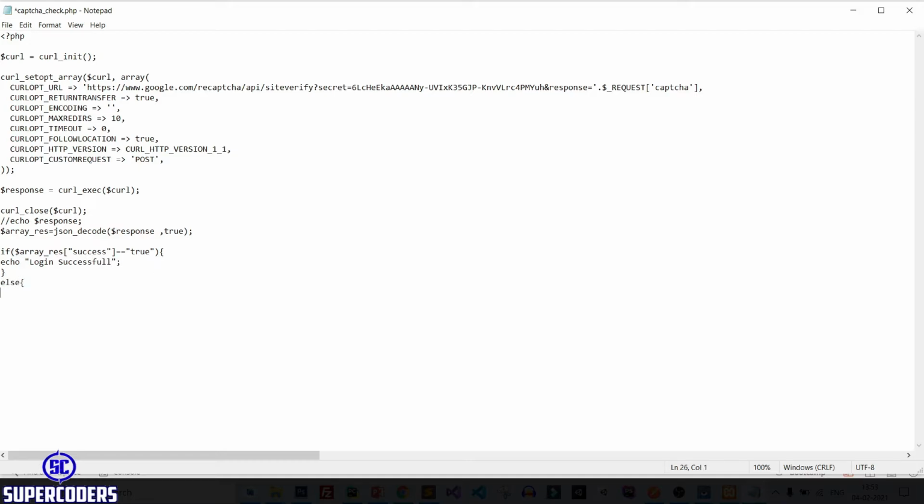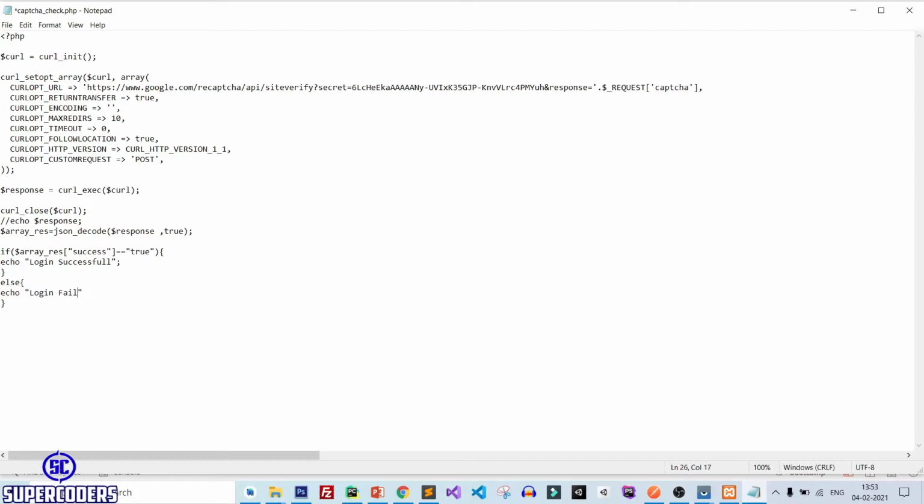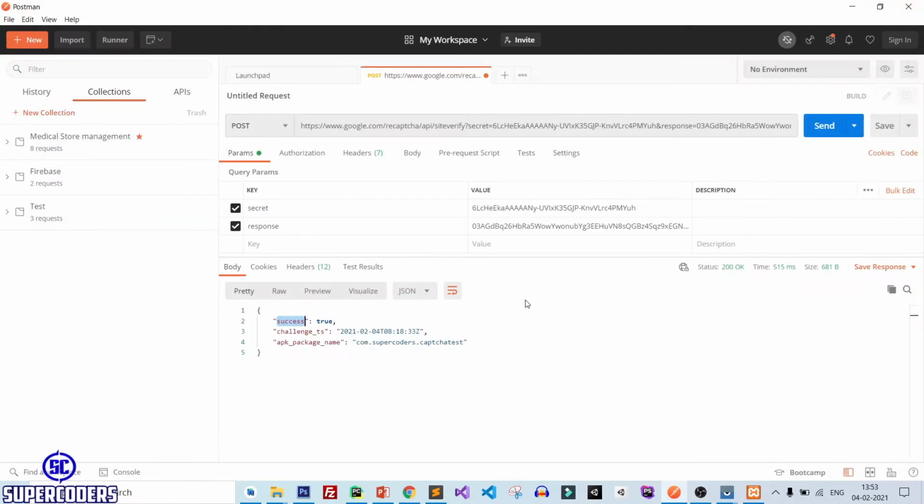Else echo login failed. Now after that just save this file and close it.